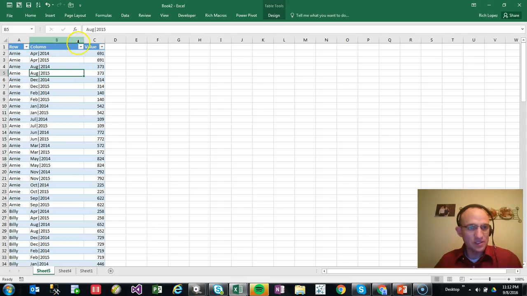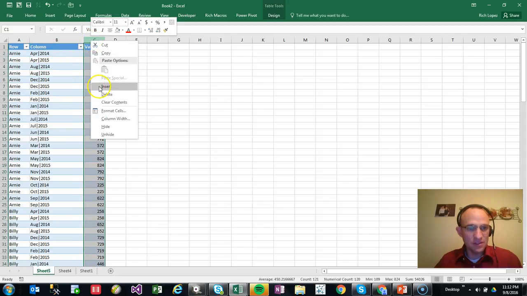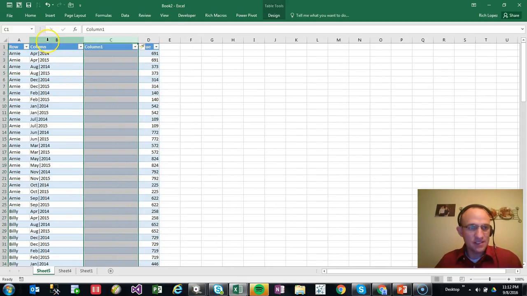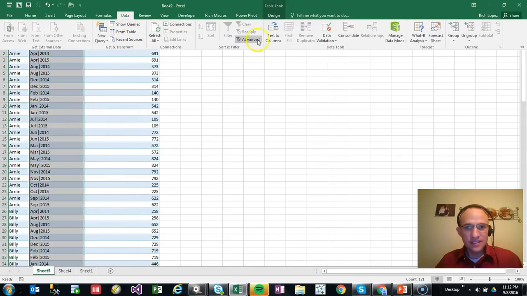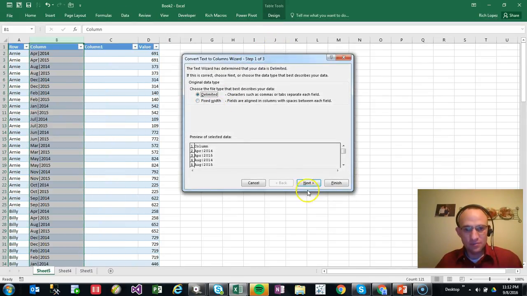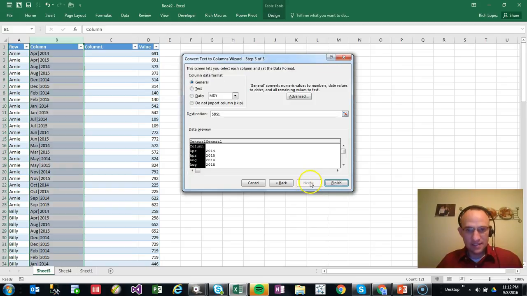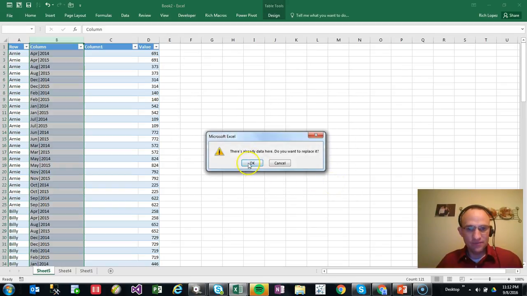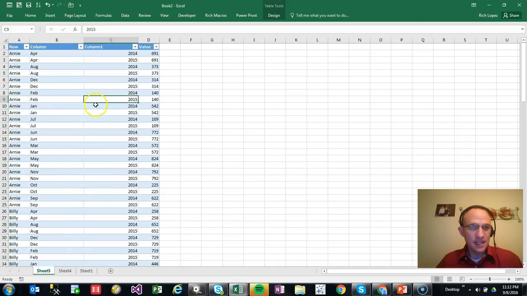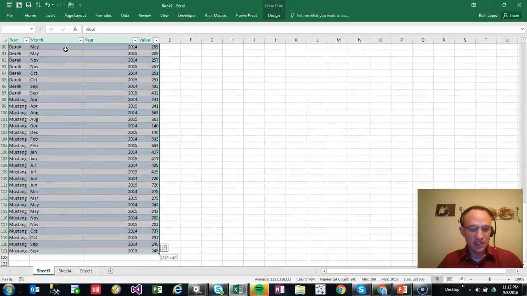So what I am going to do now is I'm going to insert another column here, and then on this column I'm going to go data, text to columns. I'm going to have it be delimited. It is going to be a pipe character right here. I'm going to click next, and then I am going to click finish. There's already data here. I do want to replace it. And then what I have here is I have the month and I have the year. I can now save this as a CSV and I can import it, or I can simply copy it to my clipboard,